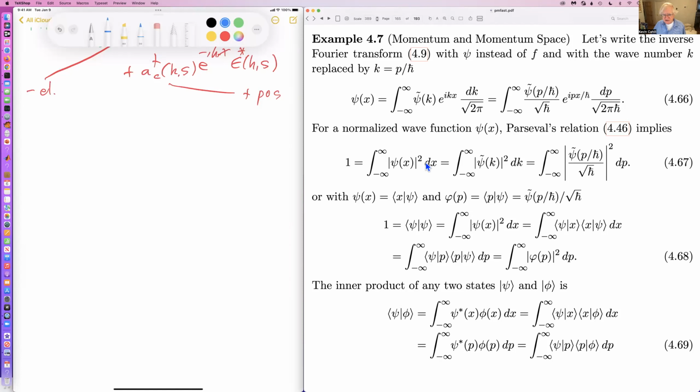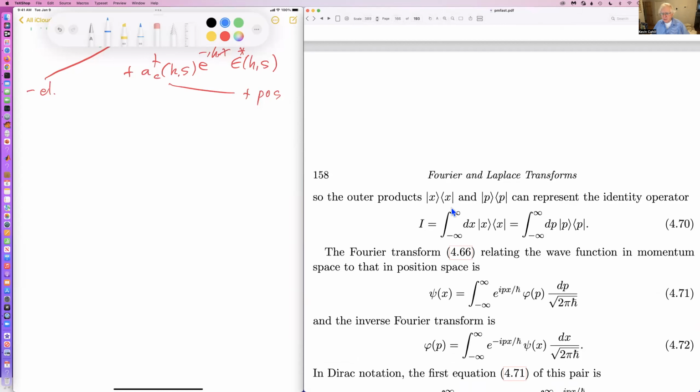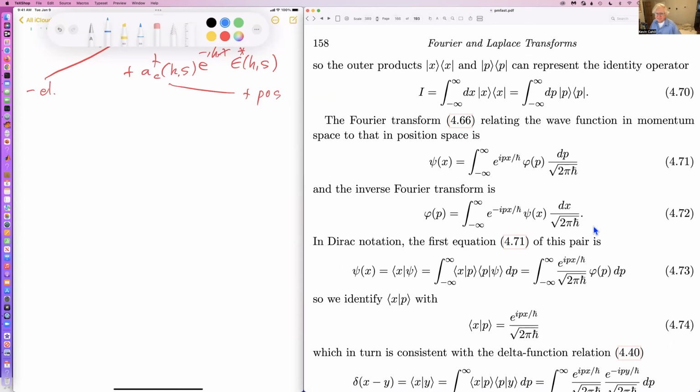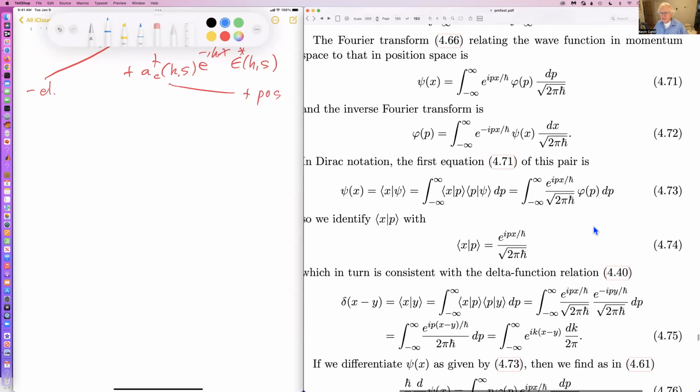Parseval's relation tells us that the integral of the absolute value squared of the wave function over x is an integral over p of a related wave function, which we call the momentum space wave function, integrated over p. And then that Parseval relation says that the inner product of two states can be written either in x space or in momentum space. The outer products of x and p can both represent the identity operator. The Fourier transform